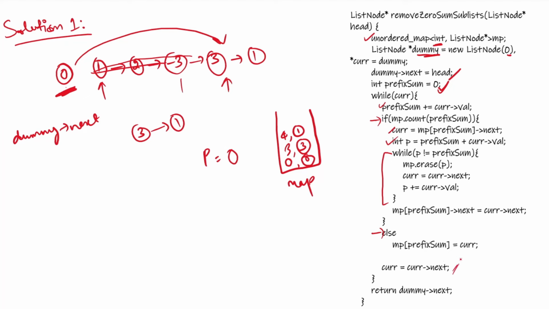And after doing this I will again check for another cycle. Okay, it may be possible that after deleting this consecutive 0 node there may be other nodes. Okay, then finally what I will return is dummy next, that is 3. So this is a very simple solution, but there is something that we can do better. Right now if you see, we are deleting these nodes. Okay, so how we can improve this section, let's see.